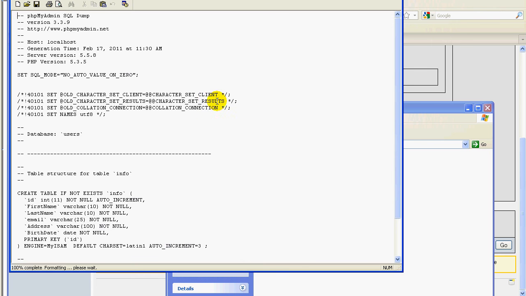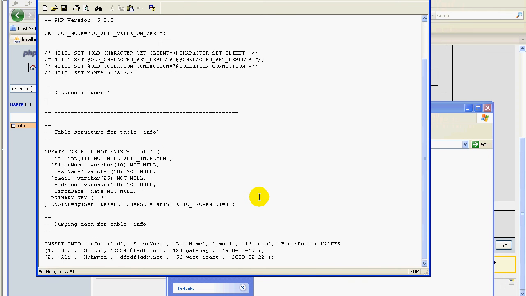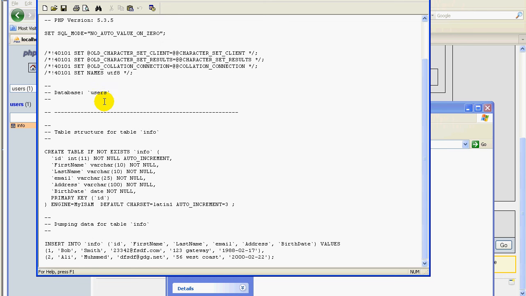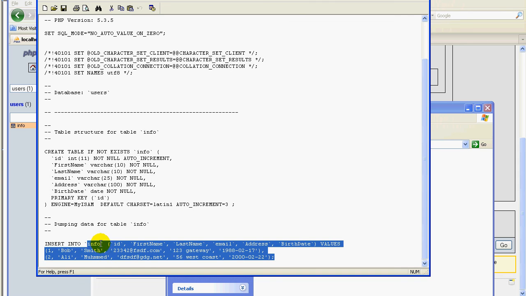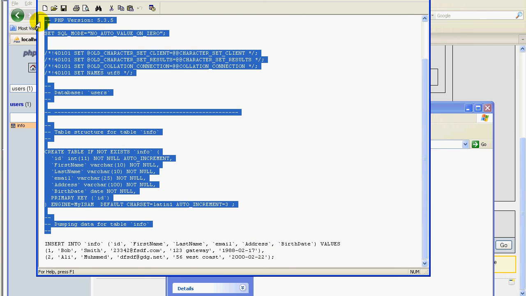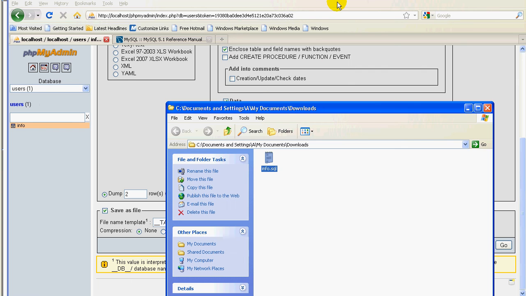Also, I don't recommend using WordPad, okay, but here just I want to show you it's very nice format. As you can see here, create table if not exist, and also this is the structure of the table, and this is the data inside the table. It's all in plain English. So let's close it,